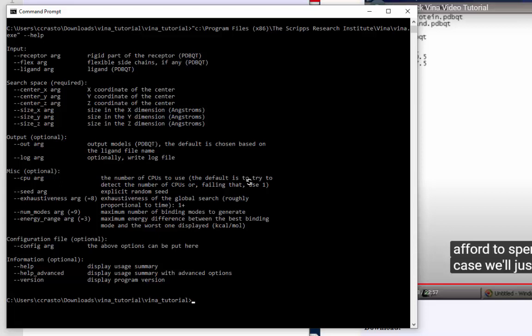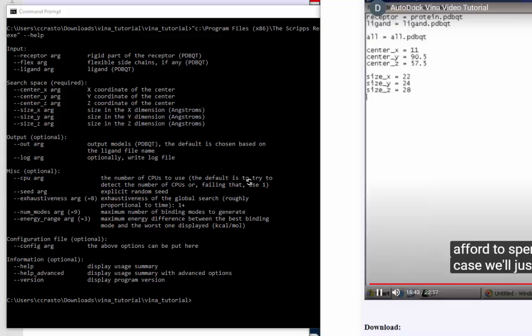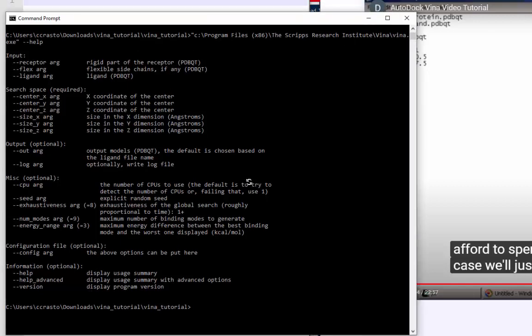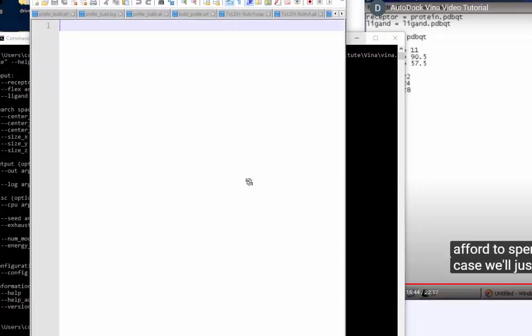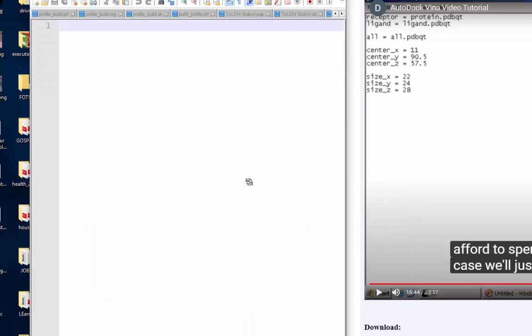All of that information, seed, exhaustiveness, is all useful information. So for the purpose of this, he's said receptor equals protein.pdbqt. Now you could type all of that stuff here too, but that's not of interest to us because you can run everything in one shot. Okay, so let's try typing exactly what he has, and I'll speak over it. So receptor